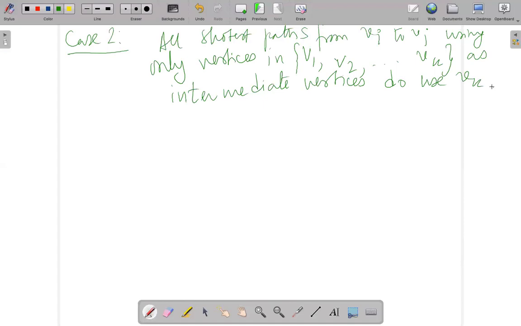So while in the previous case it does not use Vk, in this case it does use Vk. Okay, all the shortest paths use Vk. Okay, in this case the shortest path construction would look as the following: Vi